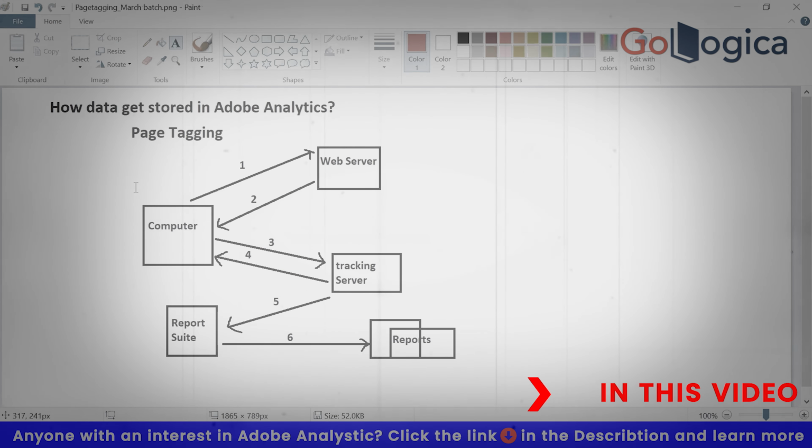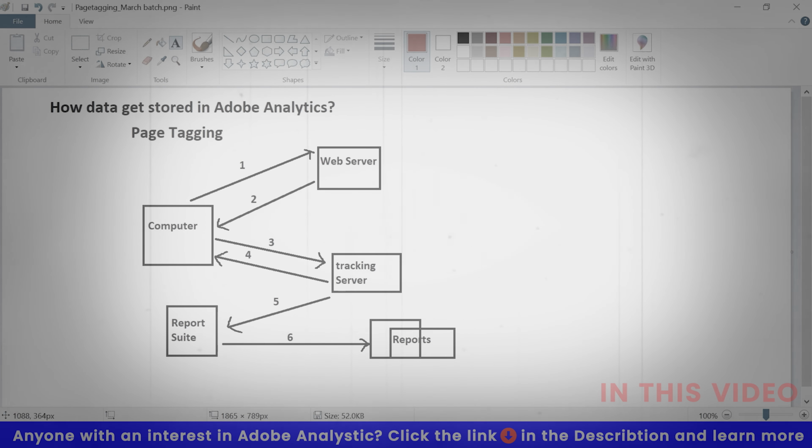Every interviewer, whether the candidate is a fresher or has 10 or 12 years of experience, asks how data gets stored in Adobe Analytics. And if you explain this very clearly to them,